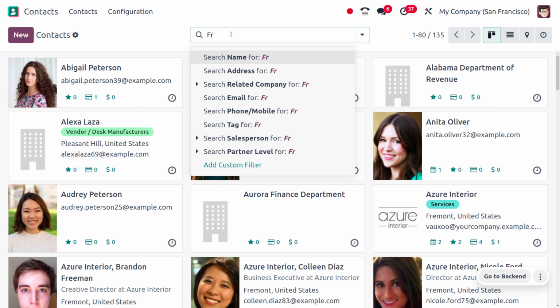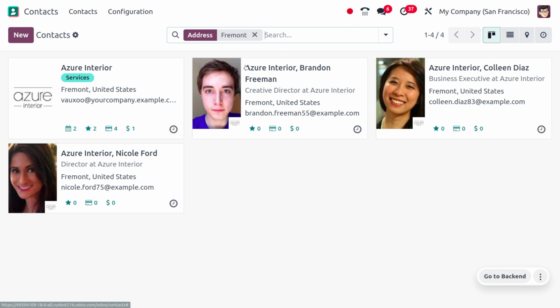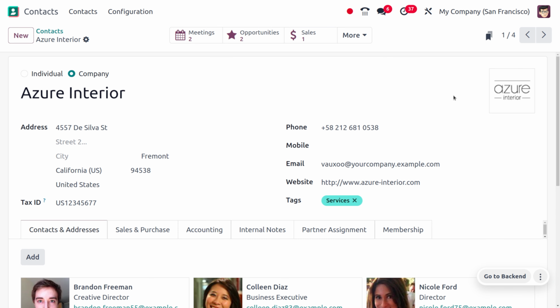So I'll be searching for Fremont, and here as I just given my contact of address over here, you can see we have an option to search for contacts, and let me choose that. So here you would be able to find all the contacts that have the same address, and let me choose that. So as I just get into this address, here you can see we have almost 4 addresses over there,